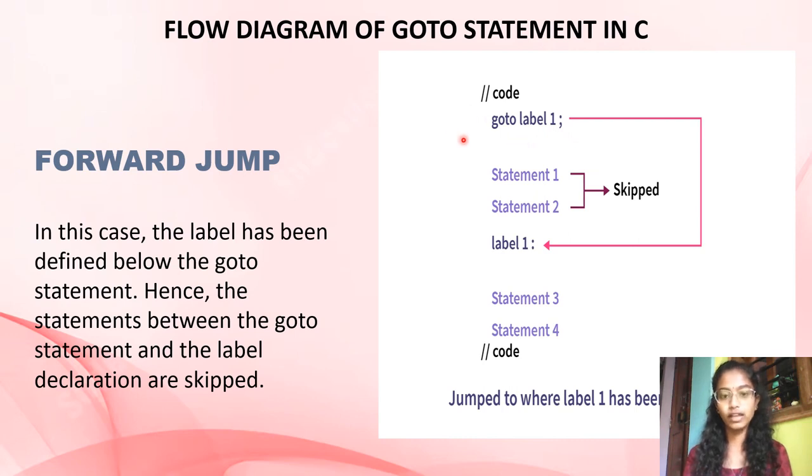So the execution control jumps to the line where the label name is defined, that is label1. So the statements above the label name, that is statement 1 and statement 2, are skipped,